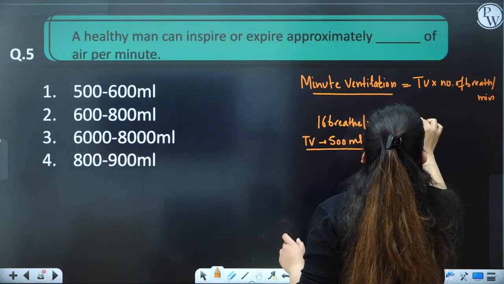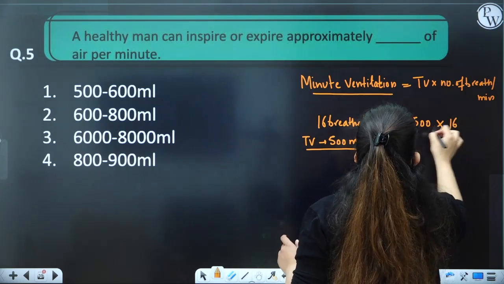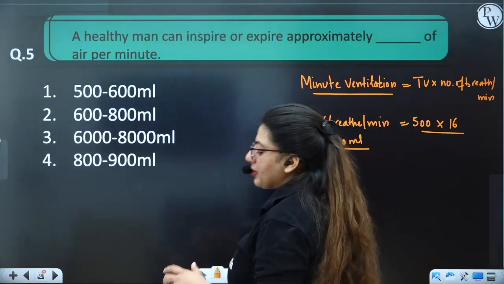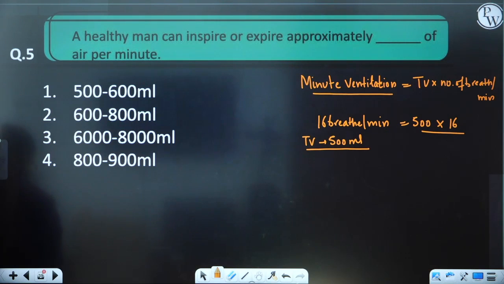So how much are you taking in? 500 into the number of breaths, that's 16. Okay, so if I'm taking the 16 as all, what will be your answer? You have to find that out yourself. Yes, I'm giving you some time. So actually,